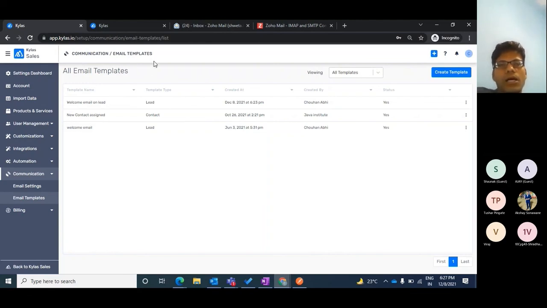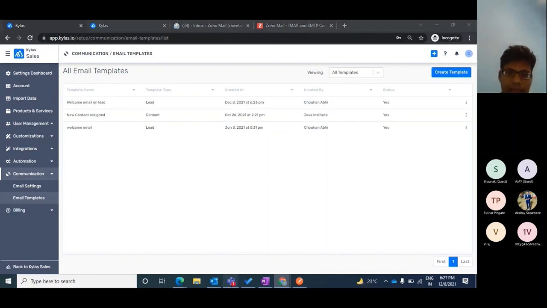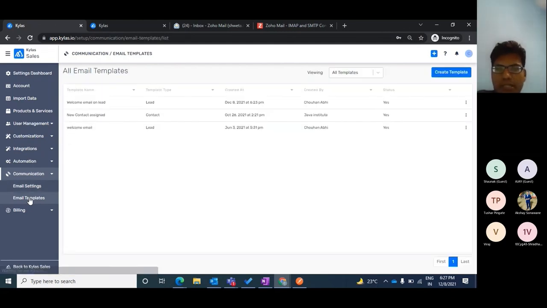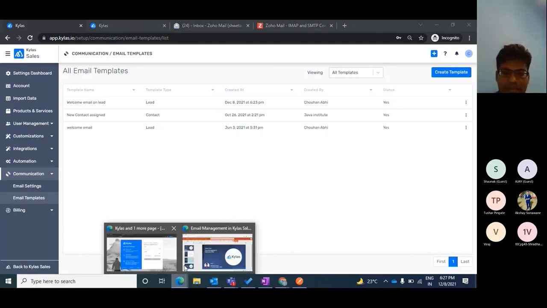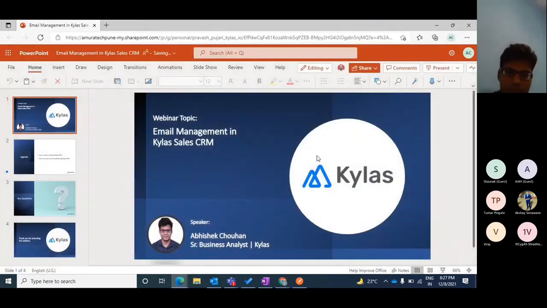Okay, so there is a limitation to email templates. If you are on the Elevate plan of Kailas, you can create a maximum of 30 email templates. So there is some limitation based on the plan, but essentially you can create the email templates that are needed, and that saves a lot of effort and time every day to send similar types of emails. Okay, so I think this was mostly it about the email settings and templates that we wanted to cover in today's webinar. Other than that, if there are any questions, then we can address them.